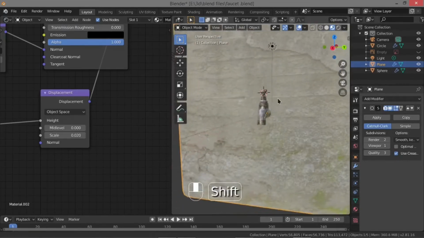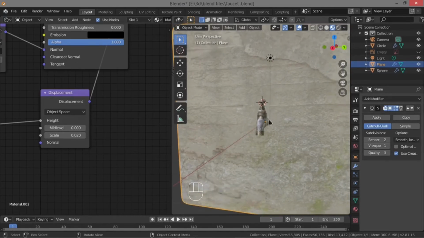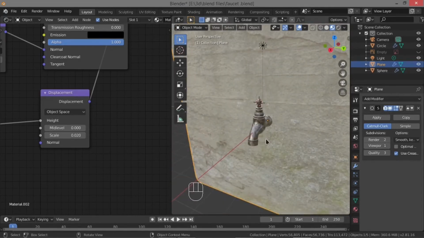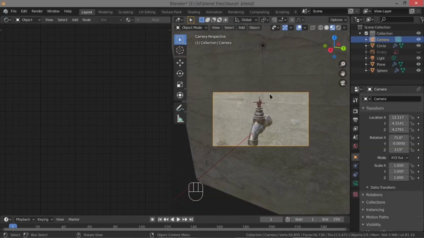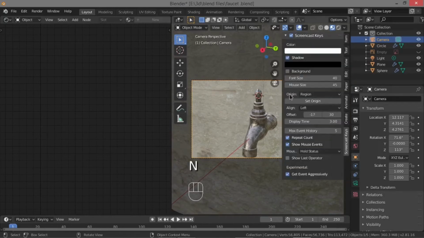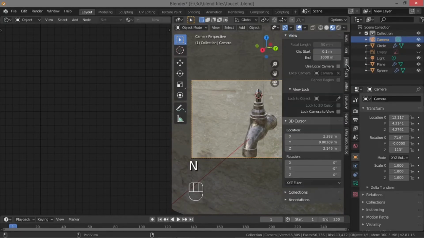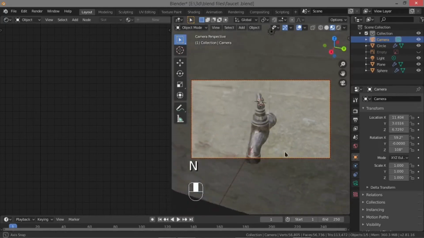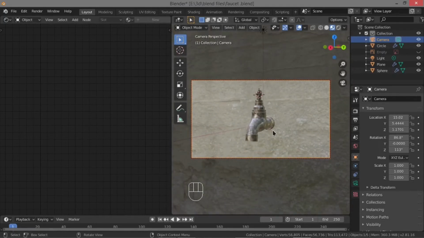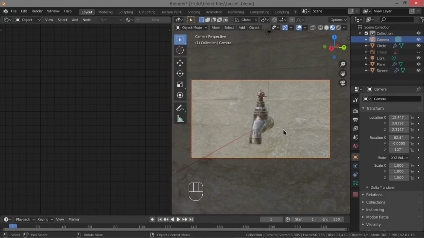Alright, so after setting that, I'm going to position the camera. Press Ctrl Alt 0 to position the camera like this, and then press N to open this bar, go to the View tab and click this box, Lock Camera to View. So now the camera is locked to your view. So now you can position the camera